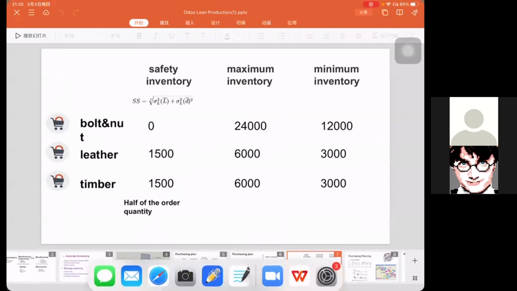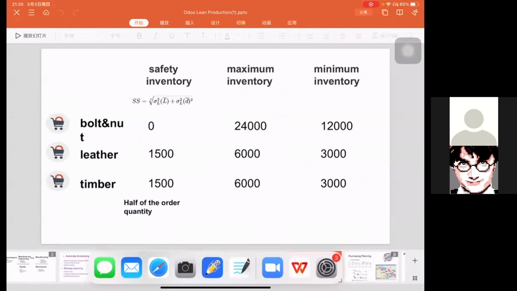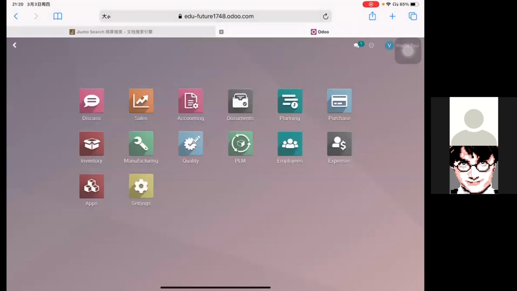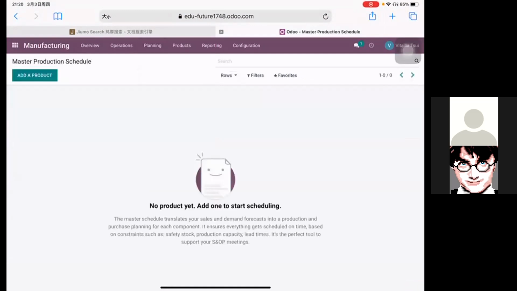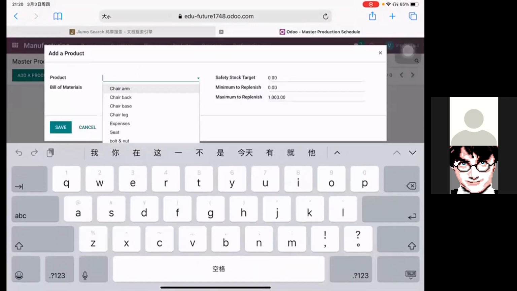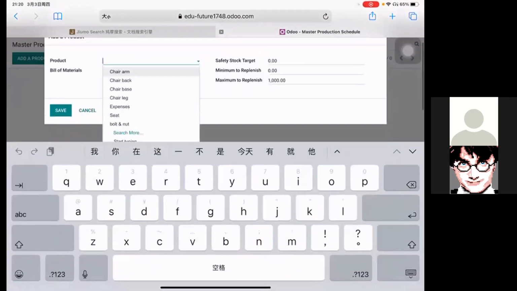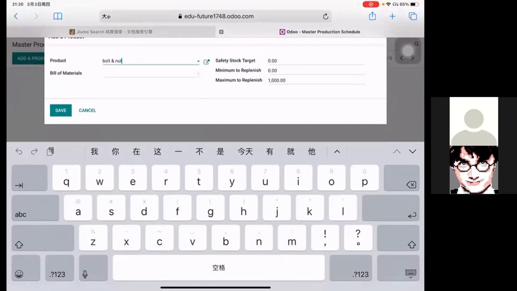If we want to set the safety inventory and the maximum and minimum inventory in the Odoo page, we can do that like this. We go to the manufacturing page and we choose the master production schedule, and we add a product. For example, we choose bolt and nut, and